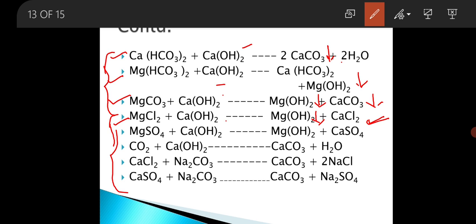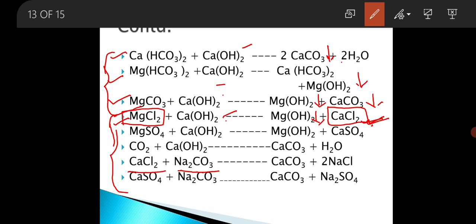That means by simply adding lime we cannot remove the permanent hardness. This one, the permanent hardness, that is MgCl2, the chloride of magnesium. When it is simply added with lime, it will form CaCl2, again non-carbonate hardness of calcium. In order to remove this non-carbonate hardness of calcium, we have to react this with Na2CO3,